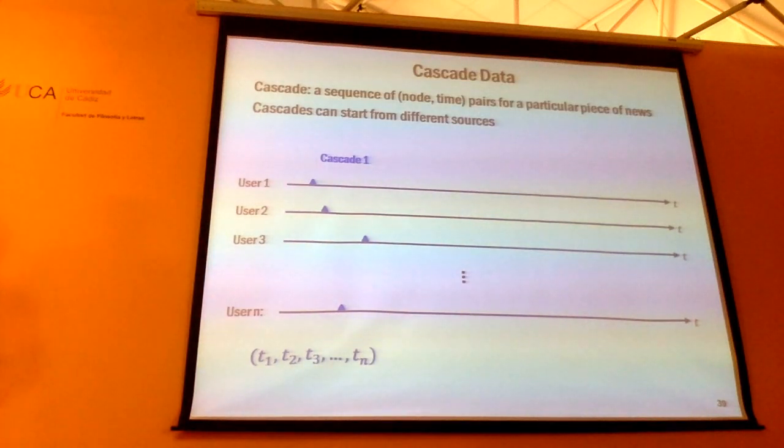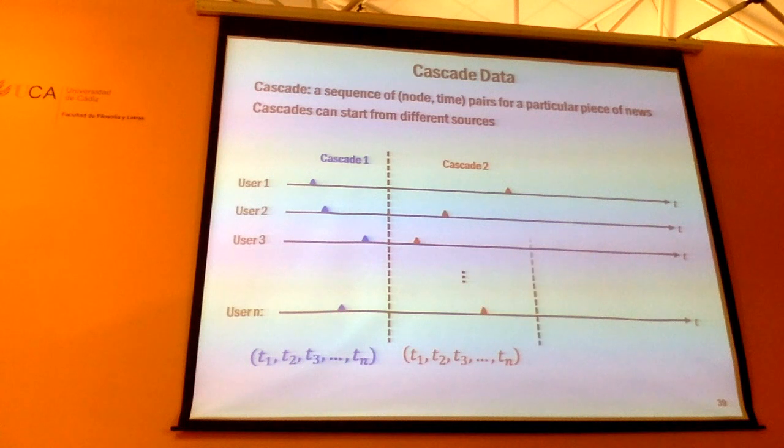So people call this cascade, but essentially it's just a sequence type. And you can have a different source node, and you generate a different cascade. You will have another source node, and you generate a different cascade. Okay? That's just a cascade. So you can essentially sample from these processes, the cascades. Okay? So this is putting it in this point process framework.